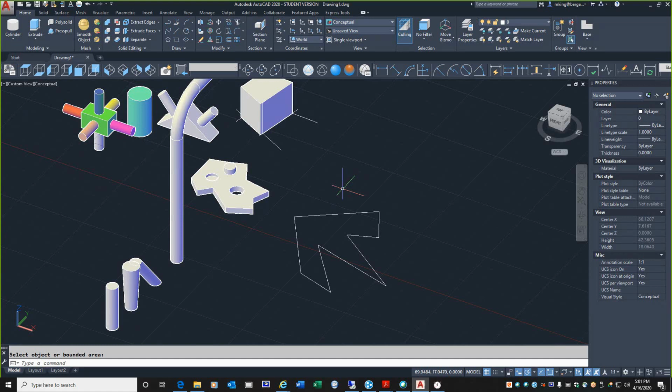All right, the next topic that we're going to look at is called Booleans. A Boolean comes from what you might recall from a math class, but in the context of solid modeling, there are three types of Booleans, and I'm going to highlight them on your screen here. It's up in the ribbon, right here. So in your solids editing